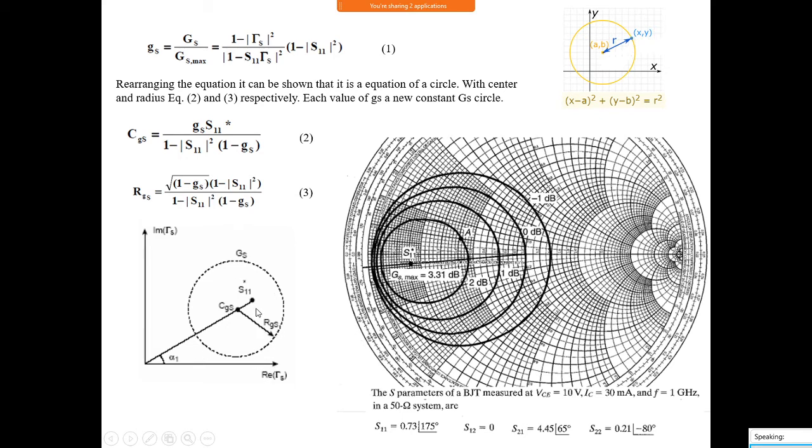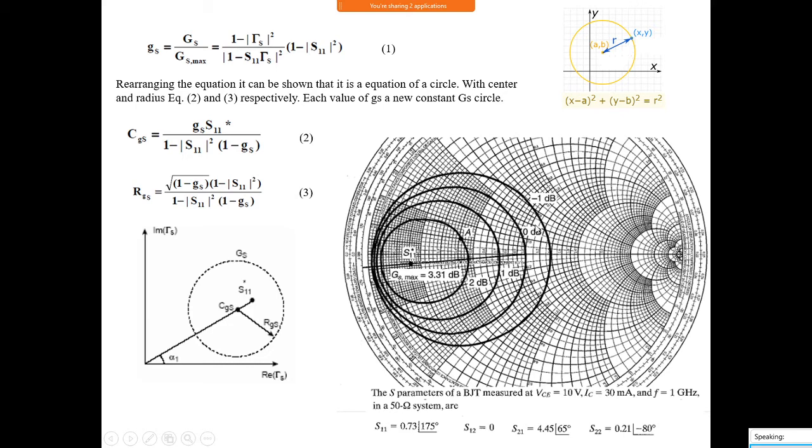First you have to mark the angle. Like this is the angle, 45 degrees for example, you draw a line like this. Next, what we have to do? For example, if you got 0.8 magnitude, so 1 is 4 centimeters, 0.8 means maybe 3.5 centimeters. So over this line you mark here, this is 4 centimeters, but 0.8 means it's somewhere here. So this is the center of the circle. From here we know the radius, you can draw a circle like this.